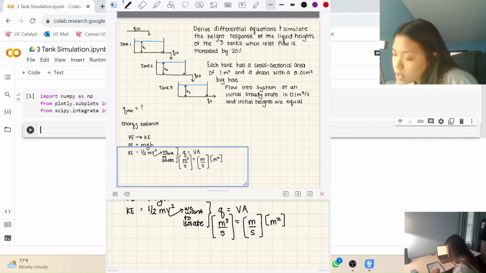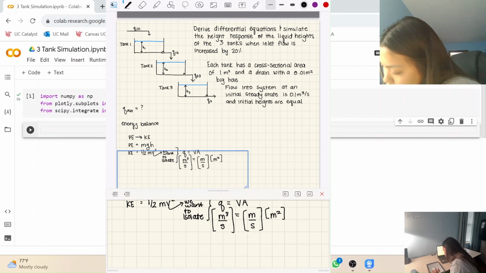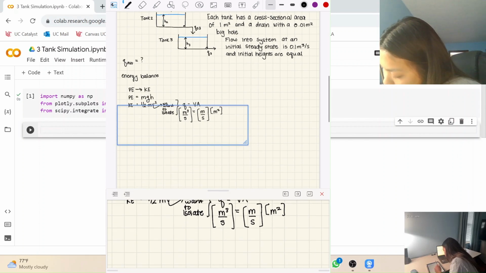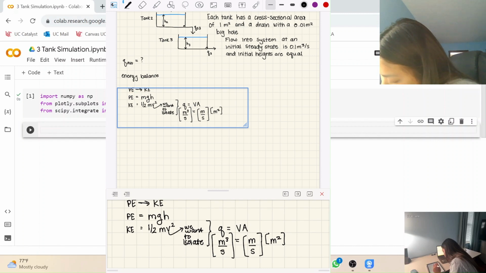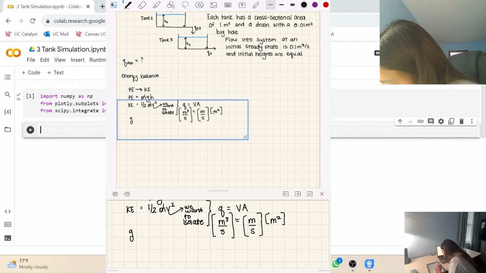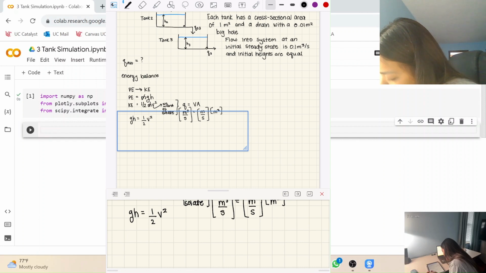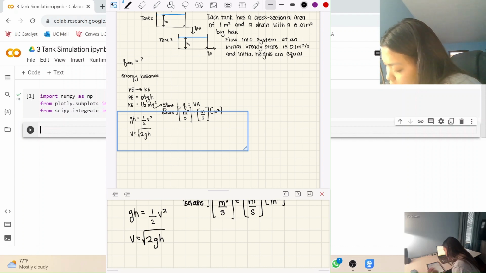And so to isolate this velocity, we can set the kinetic and potential energy equal to one another, and doing this, the masses will cancel out, so we're left with gravitational constant times height equals 1/2 velocity squared. So isolating velocity, we're going to have velocity equals 2 times the gravitational constant times the height, all under a square root. Now, this velocity